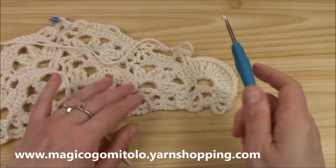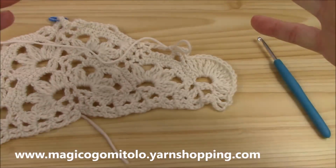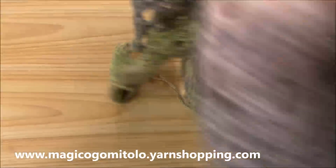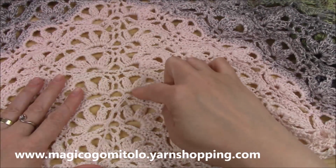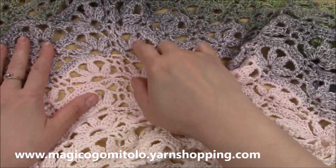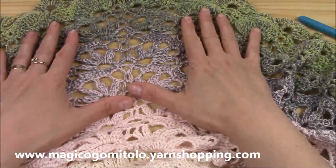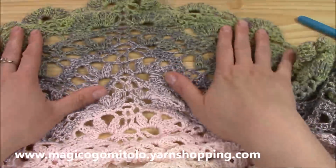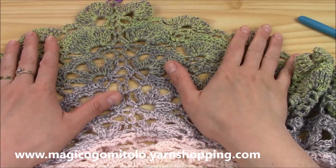So you can actually alternate a fan with a flower motif if you want to, or you can work half of the shawl with, as I did. Actually I worked more than half with the flower motif. I worked 1, 2, 3, 4, 5, 6, 7, 8, 9 rows I worked with the flower motif, and now I began, these are the 2 rows that I worked with the fan, and I have